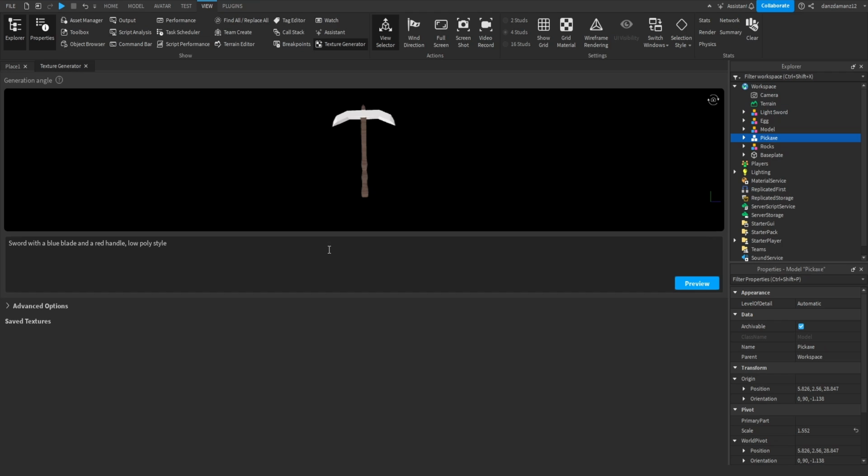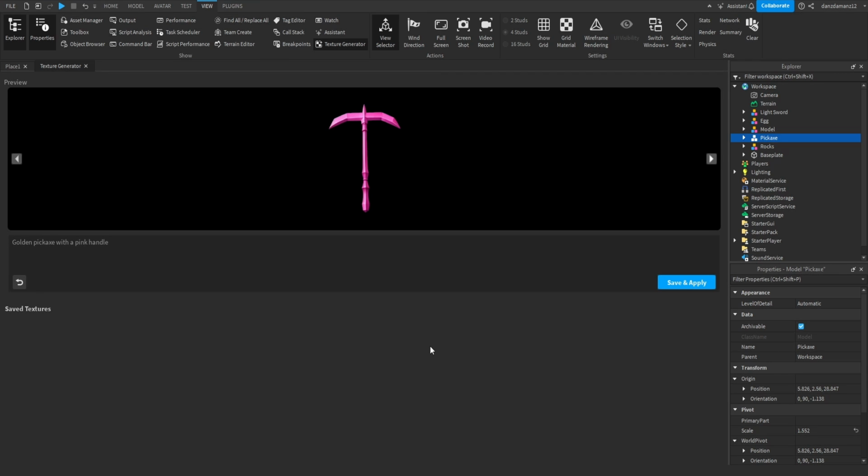So next, we'll go ahead and select the pickaxe. And for this, I'm going to say golden pickaxe with a pink handle. Then we'll click preview and see how this turns out. Okay,